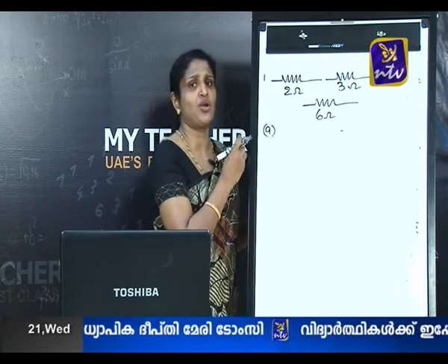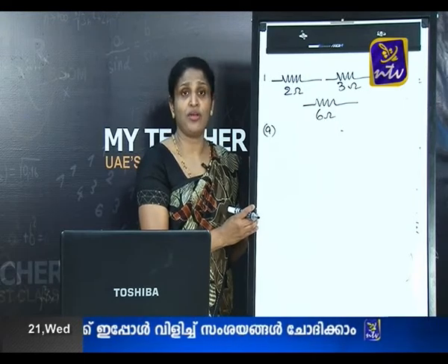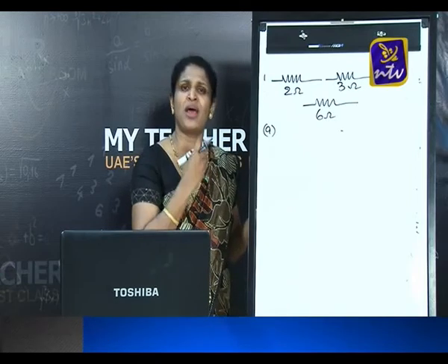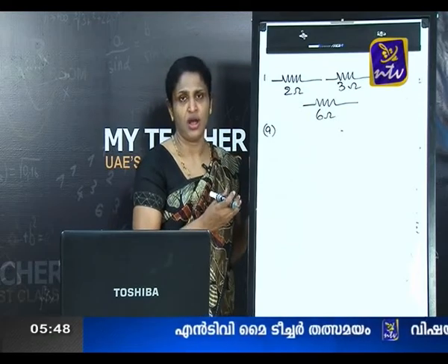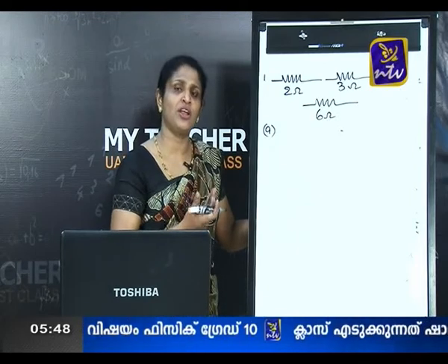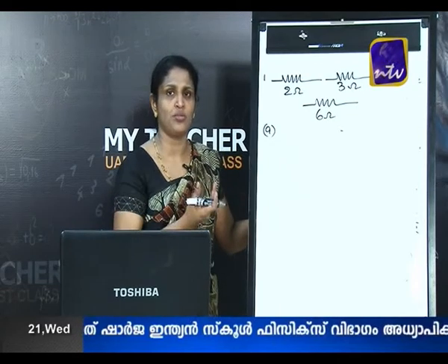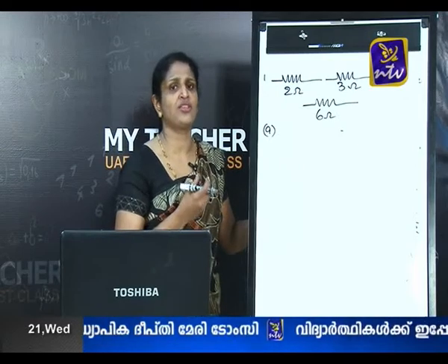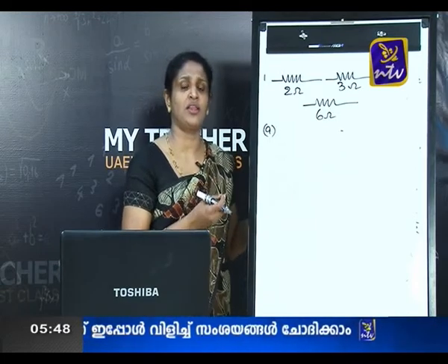Anyway, when you are connecting all the three in series, your answer would have been greater than 6. When we are connecting all of them in series, the total resistance will be always the maximum. That means, it will be bigger than the biggest of the resistors given. Out of 2, 3 and 6, 6 is the biggest value. And if you are finding the total resistance using series, that value will be even bigger than 6 ohm. And if we are connecting all of them in parallel, then your answer will be smaller than the smallest among the three. That means, your answer will be even lesser than 1 ohm.